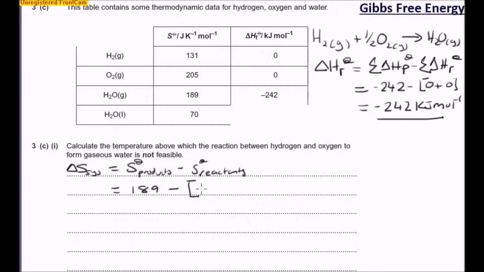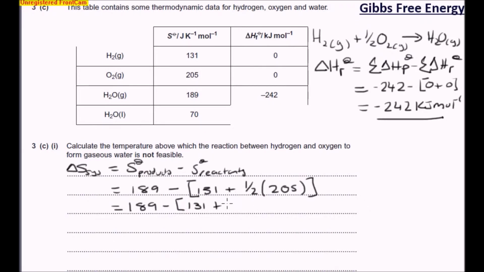We've got 1 molecule of hydrogen gas, 131, and then we have half a molecule of oxygen gas, so it's going to be a half times 205. If we then carry that on, we then get 189, take away, keep the brackets for the time being, 131